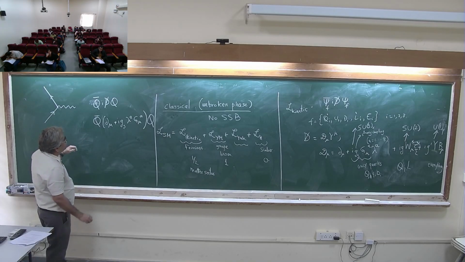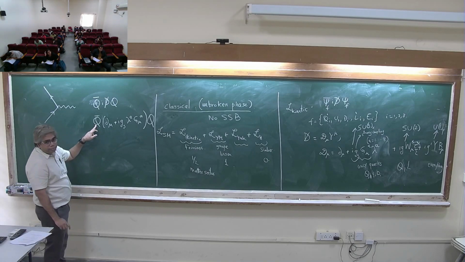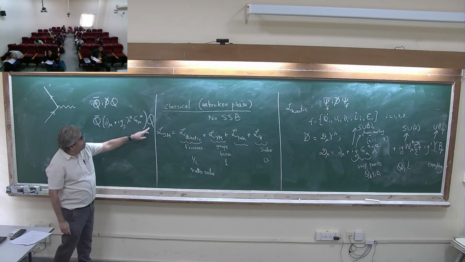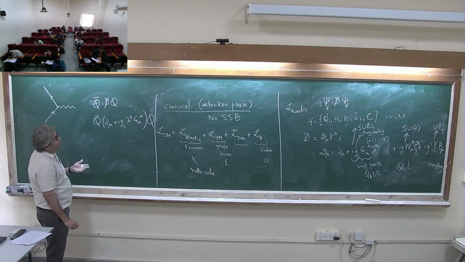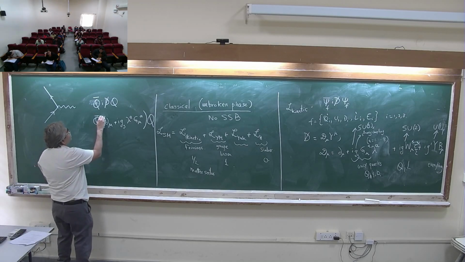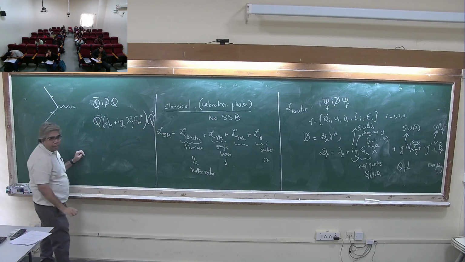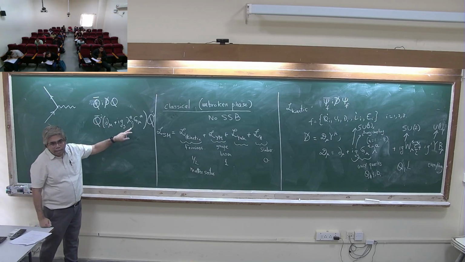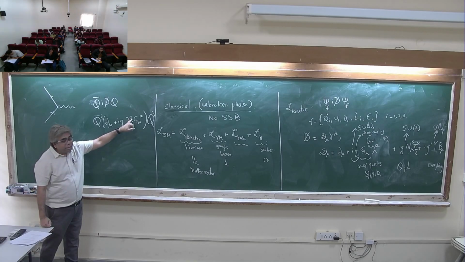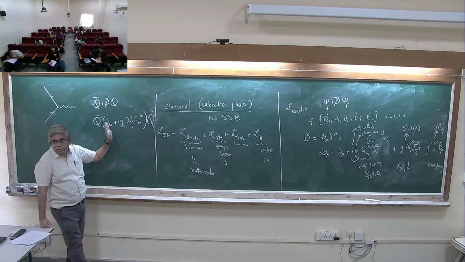Now this is the coupling. The point is this Q comes as a triplet. So there are three Qs here, and there are three Qs here. So I should put alpha, beta, gamma, or i, j, k. These are not generation indices. These are your color indices. There are three colors. A runs from 1 to 8. I and J run from 1 to 3, three colors. Is this fine?